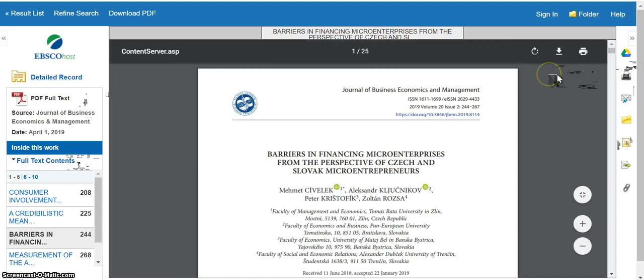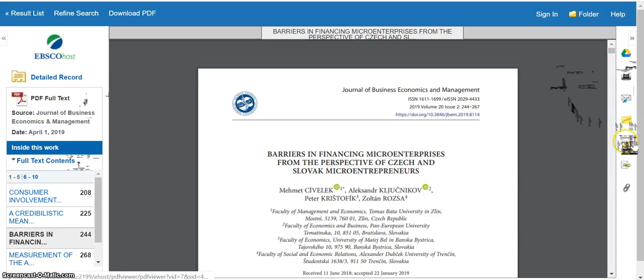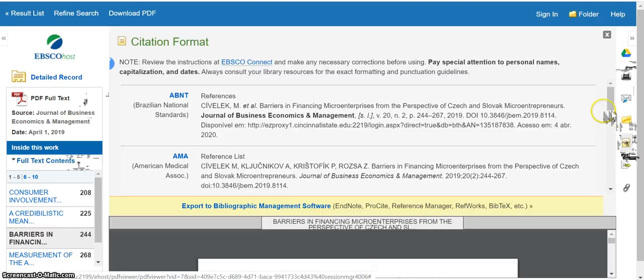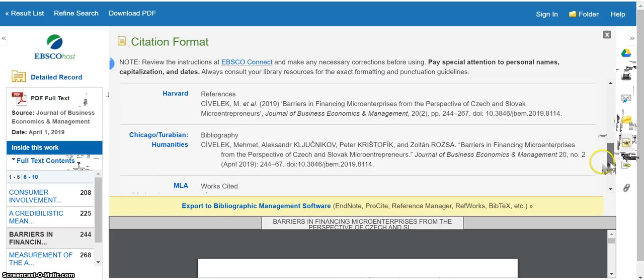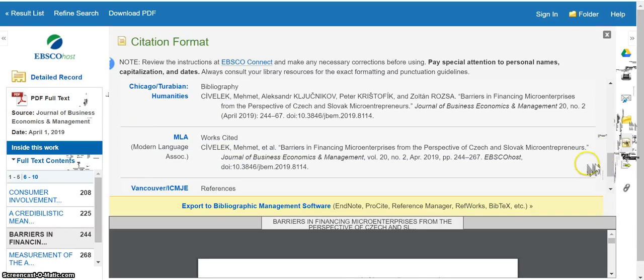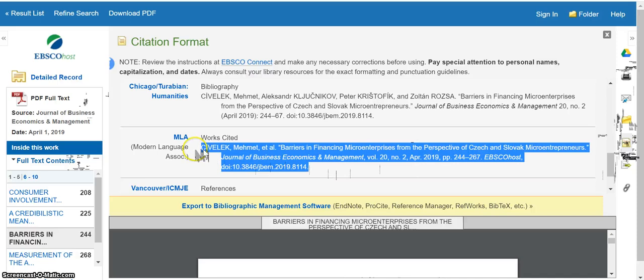So that's one thing I really like, is having access to the PDF. And another thing I really, really love is down here, there's this link. It's like a little yellow page. If you click on it and click Cite and then scroll down, it will give you the MLA citation. So this can go on your Works Cited page. So all you have to do is highlight it,